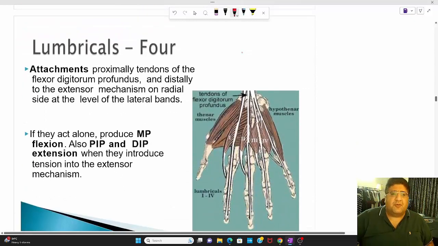Let's talk about the lumbrical. I'm 100% sure that you all are 100% sure that we have 20 intrinsic muscles of the hand, out of which we have 4 lumbricals. Now, guys, lumbricals, a very interesting fact I'm going to share with all of you. Lumbricals take origin from the tendon of the flexor digitorum profundus. Yes.